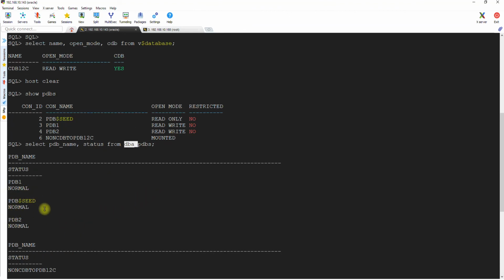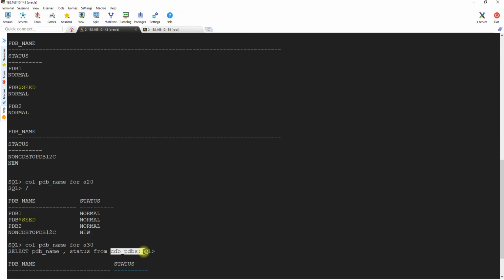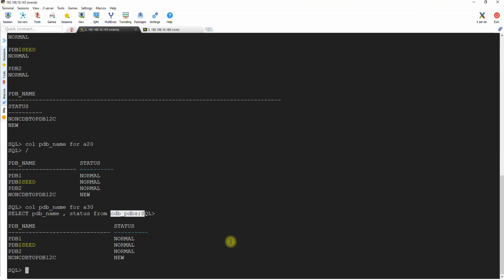CDB root has all the information of all the pluggable databases, but the DBA view has limited information. The CDB_ views are the newer views which have container-wide information.